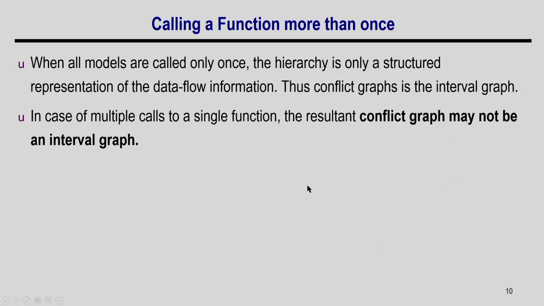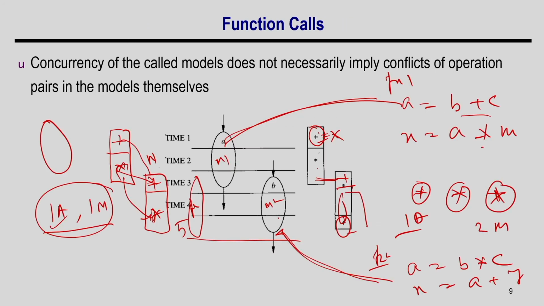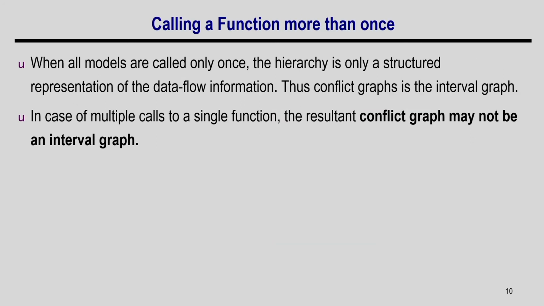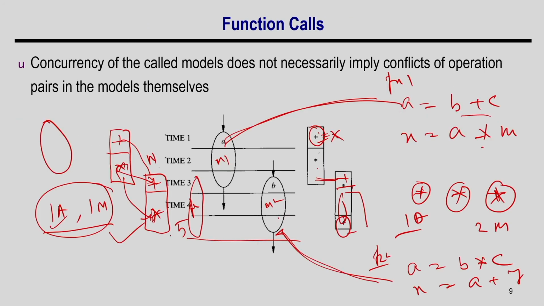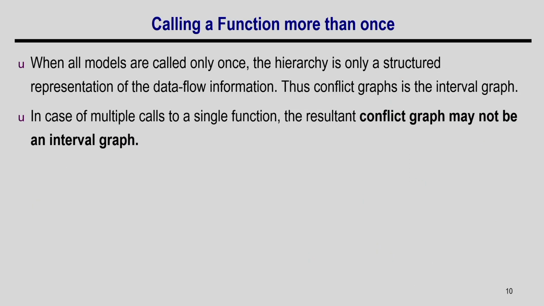Suppose now I have multiple calls to the same function, where they are overlapping. I discussed this scenario where there are multiple calls to the same function which overlap, but the operations can be shared. Now, when there are multiple calls to a function, some resource sharing is possible, but creating only a separate copy is sometimes difficult, and in that case this particular graph will not remain an interval graph. Okay, let me explain what that is.